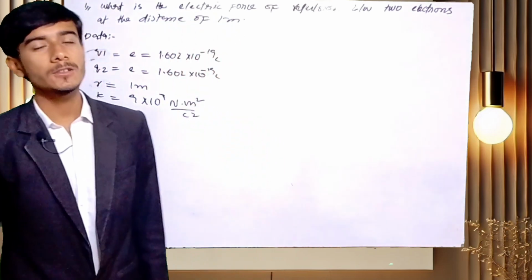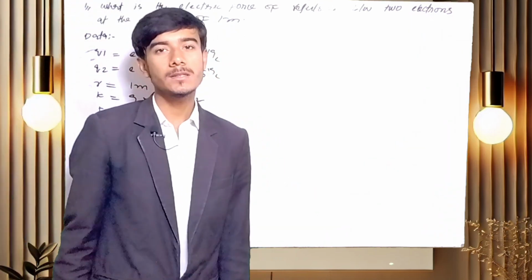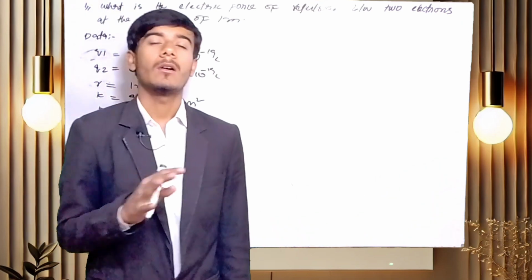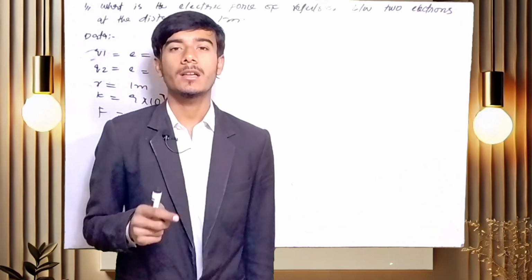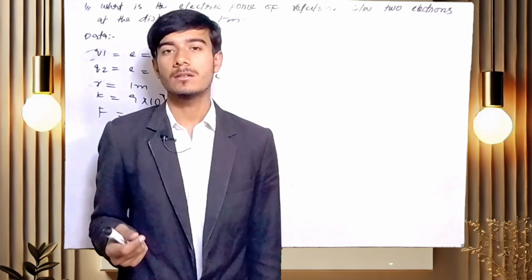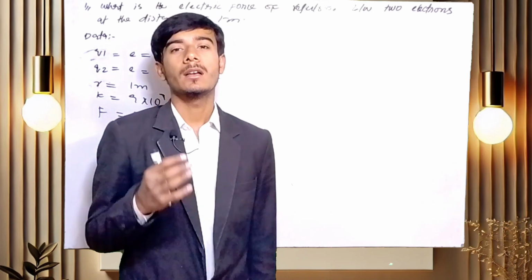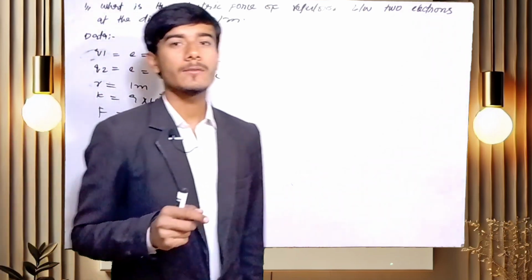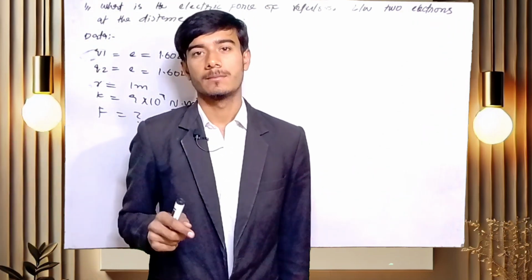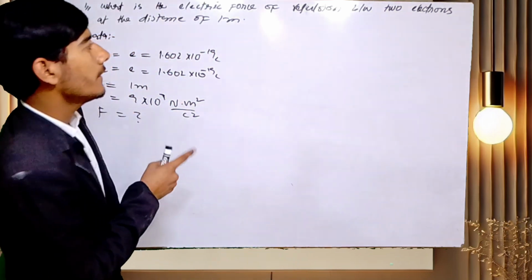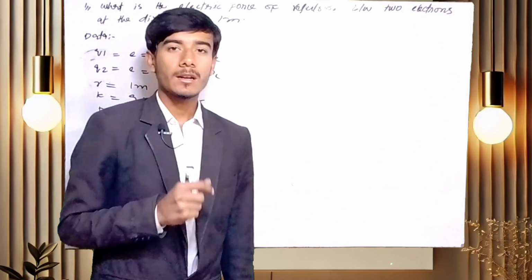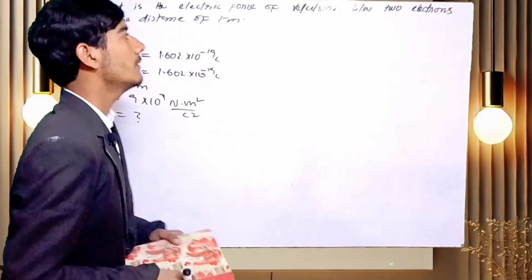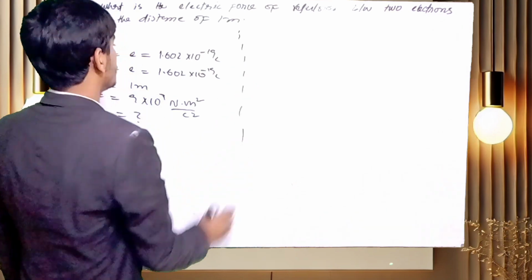The electrostatic force is attractive as well as repulsive. Remember this point. But the gravitational force is only attractive, and the magnetic force is also attractive and repulsive, but the gravitational force is only and only attractive. That's why the gravitational force is also called a central force. But this is not only attractive; it is also attractive as well as repulsive. Let's move to our topic.